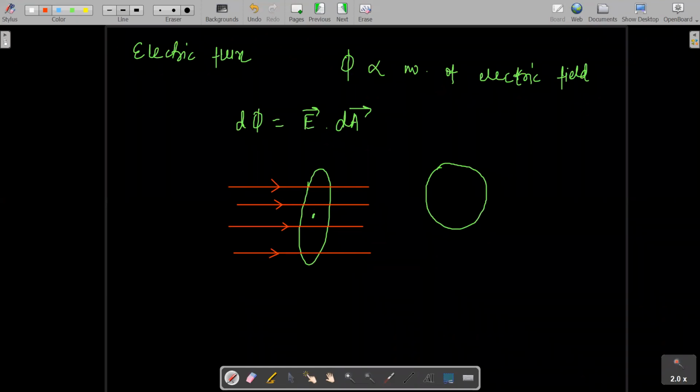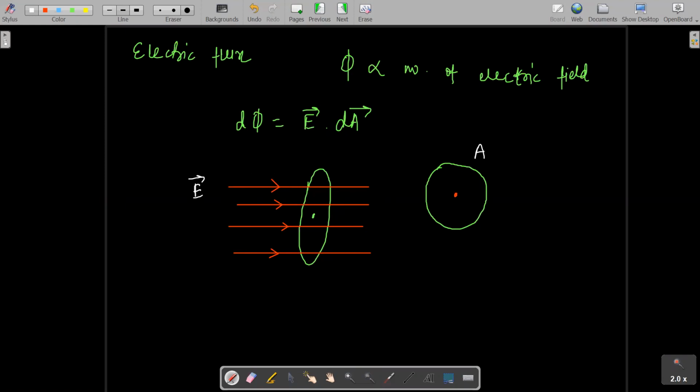So you see, students, if we are talking about electric flux here, let us say this area is A. This is some area A, and I am saying this is the electric field E. These lines are representing the electric field. This electric field is crossing some area, through this disk, let us say. So let us say that the area of this is A.